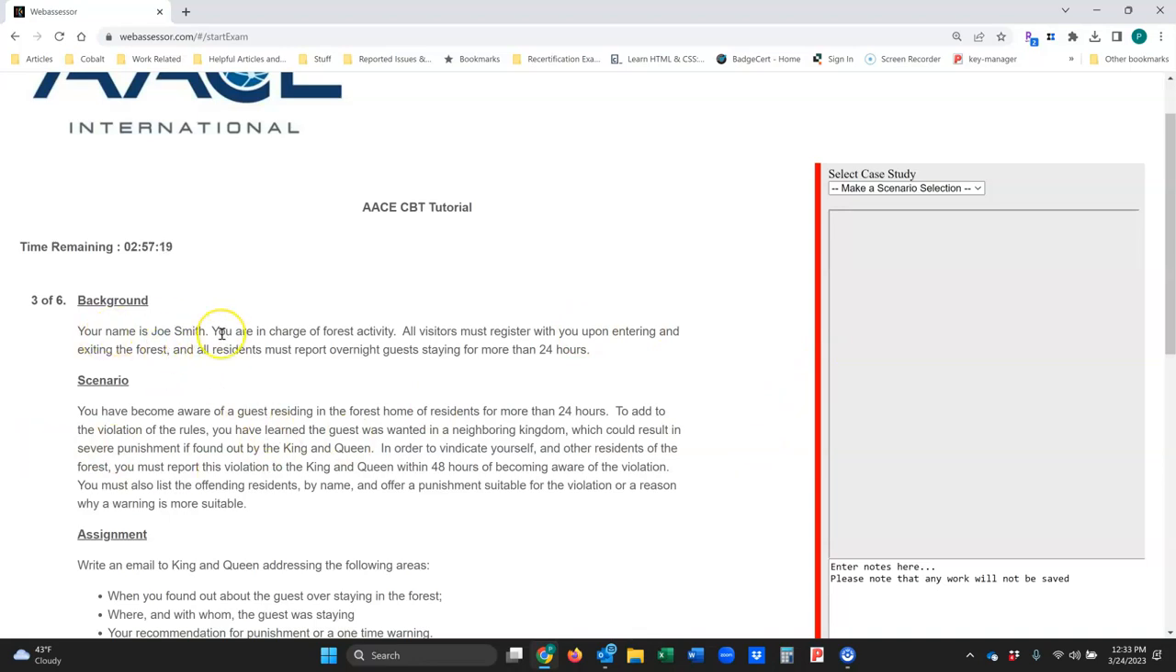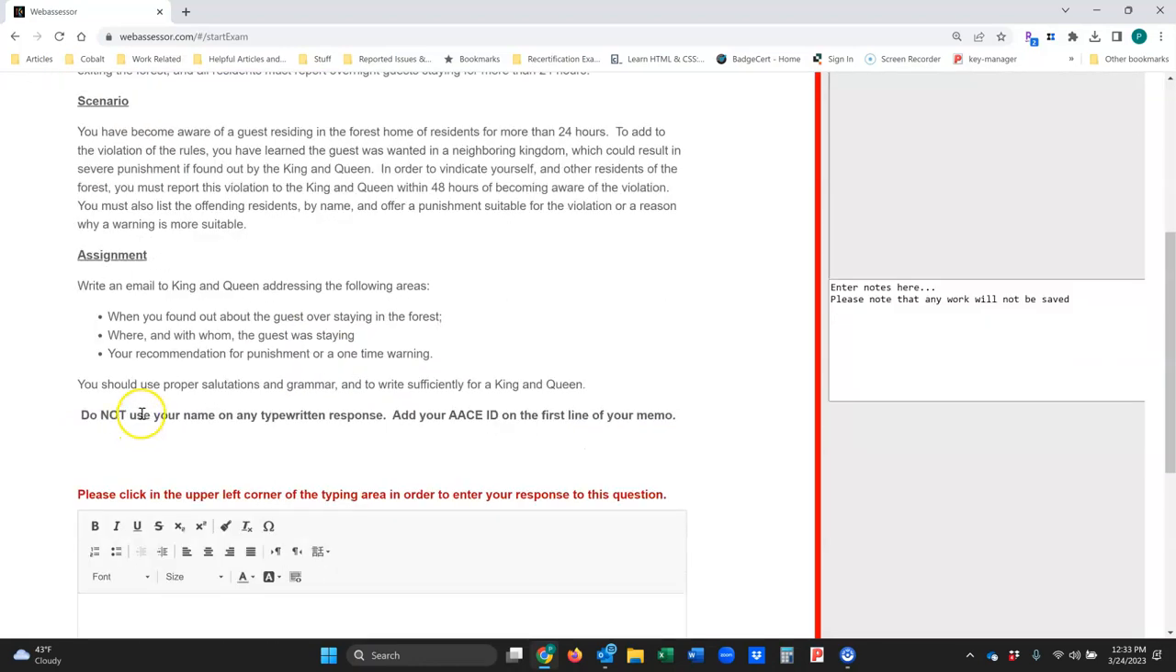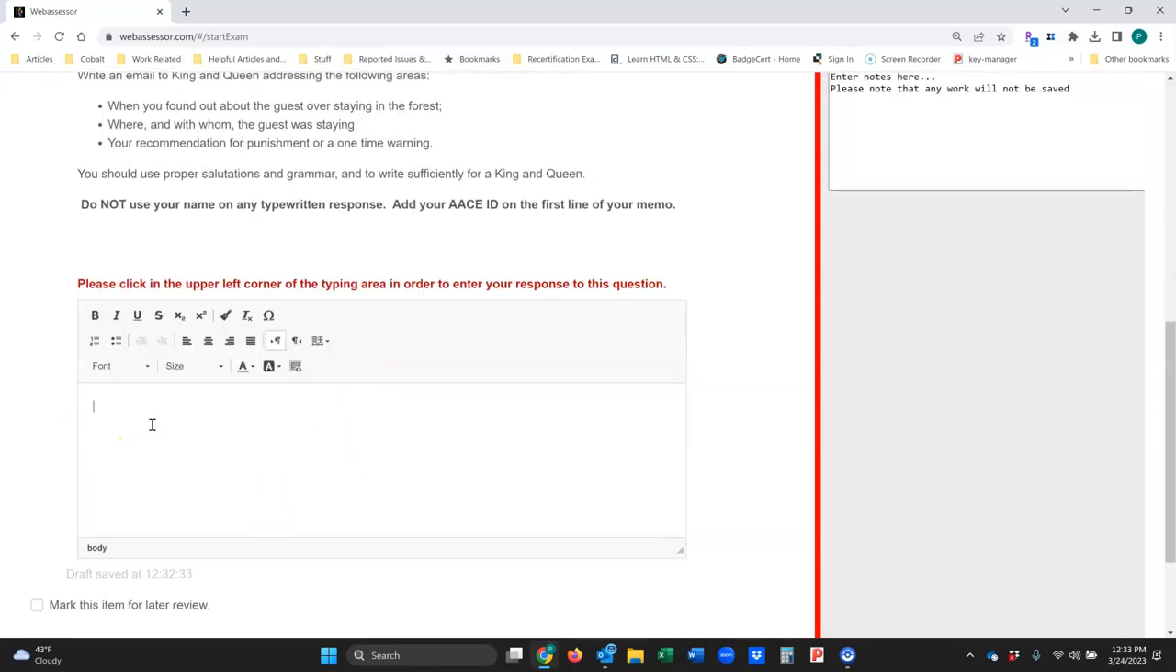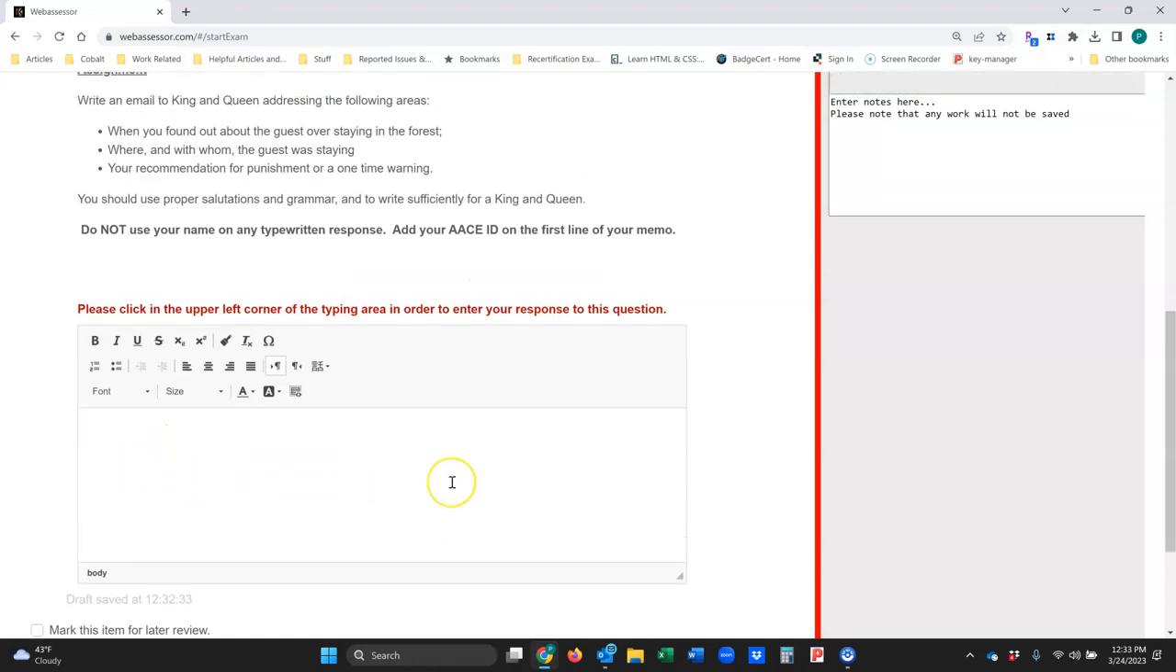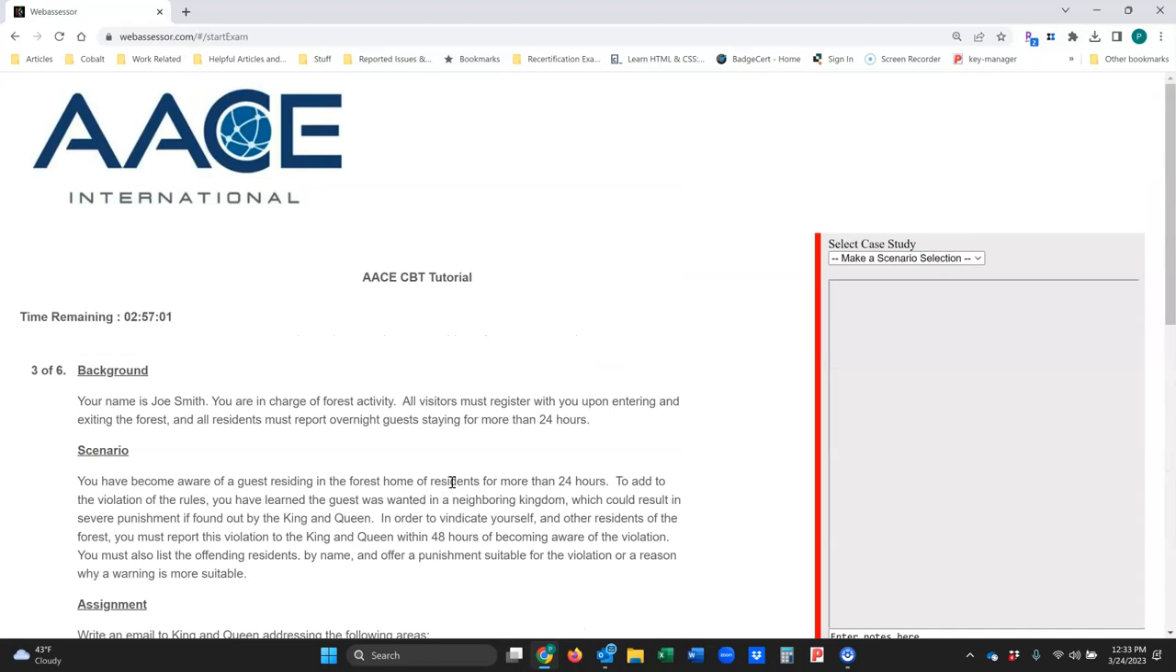So you read the information, you're given your scenario and the assignment, and then you come to the rich text box to start typing your response. Some memos are configured this way. There are some exams that have a memo that will tell you to select a memo from the drop box over here. Now, for the purposes of this tutorial, we're giving it actually in the question